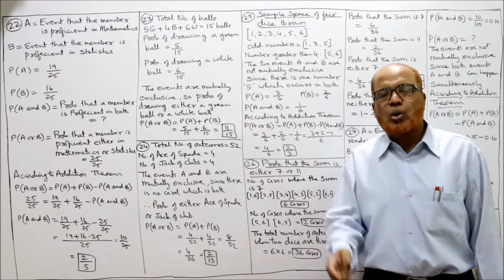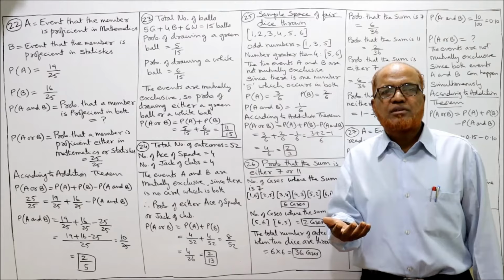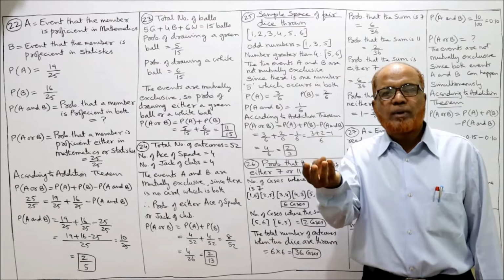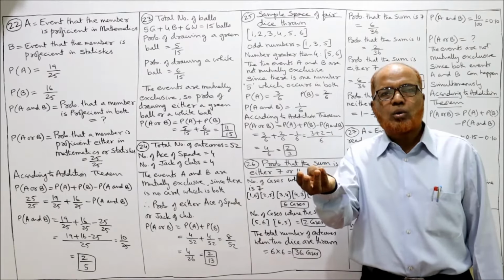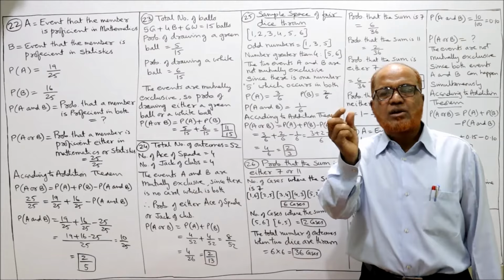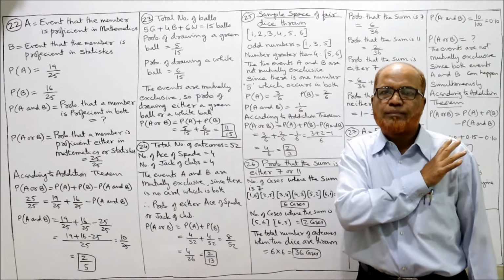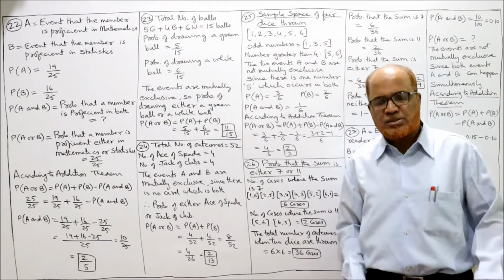So now when die is thrown, what may be the outcomes? The events may be you may get 1 or 2 or 3 or 4 or 5 or 6. Dice will have 6 faces. On each face one number is written 1, 2, 3, 4, 5, 6. That's it. So you have to show this in sample space.